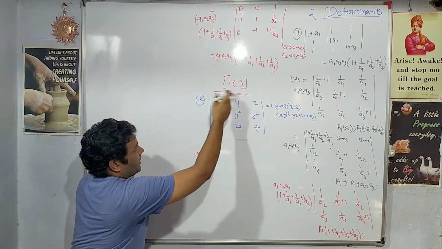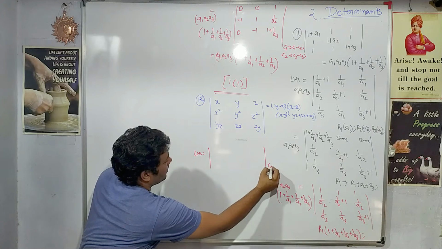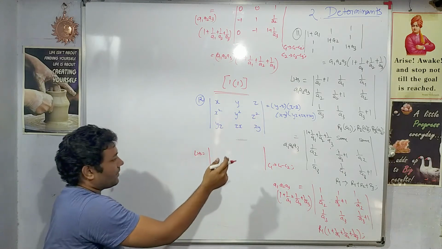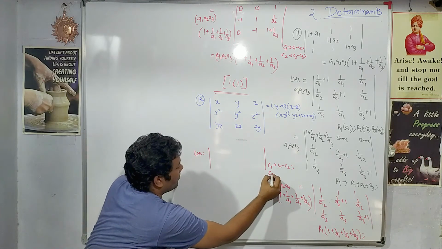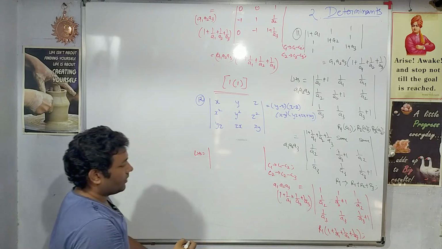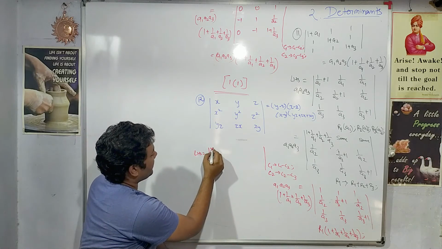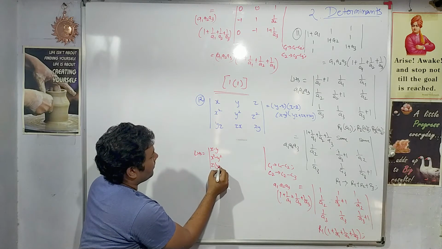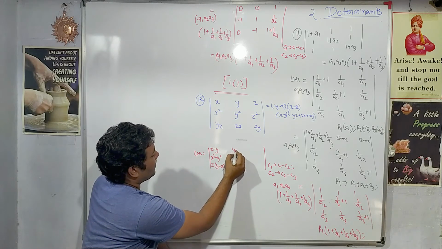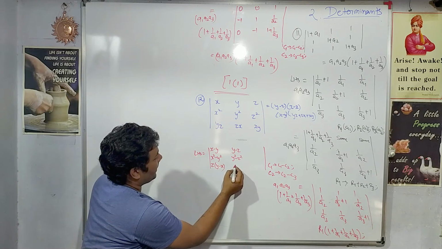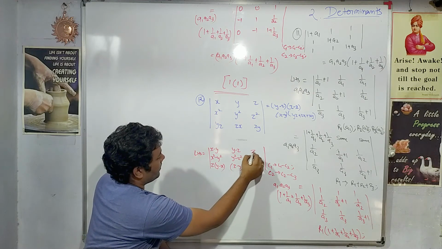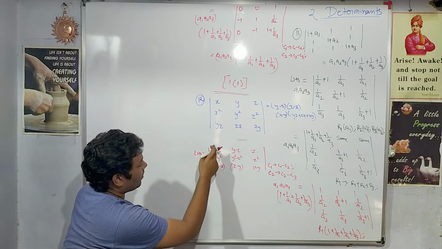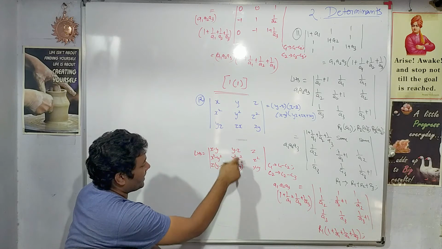I want x minus y, so I will do the first column operation C1 minus C2. Then I also want y minus z, so I will carry out the operation on the second column also, and that will be C2 minus C3. So let me carry out these two operations: x minus y, x square minus y square, and here if I do the subtraction, y minus x, y minus z, y square minus z square, x common, so z minus y, z square, xy, correct? Now take out the common factors from the first column and second column.